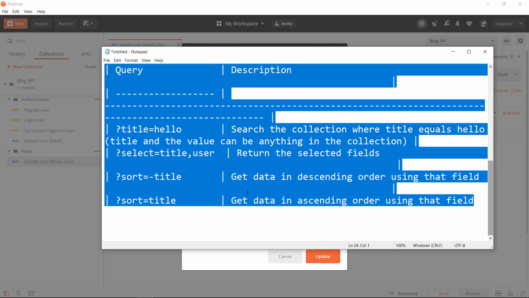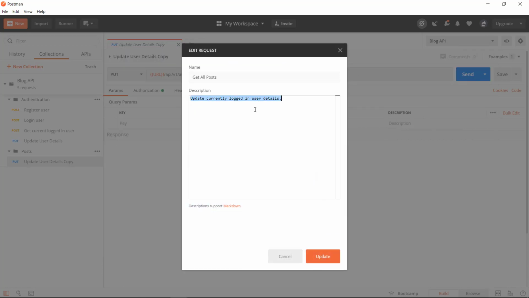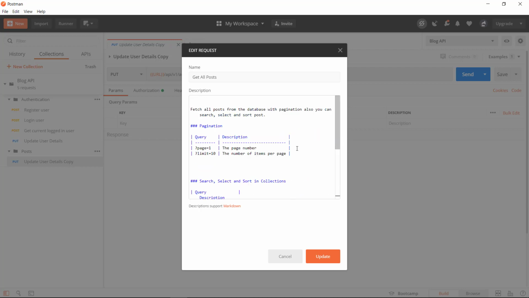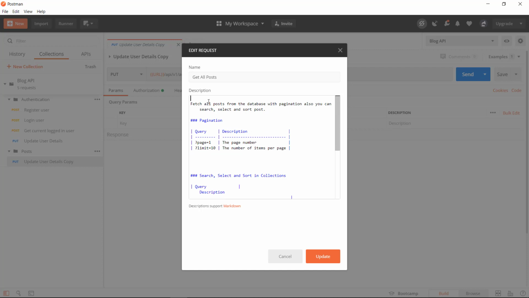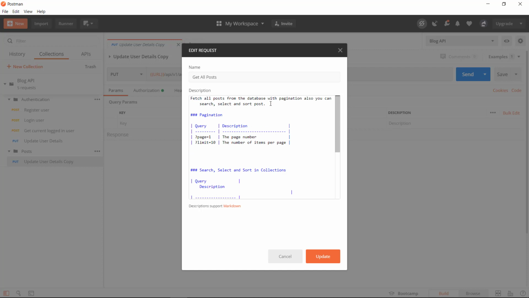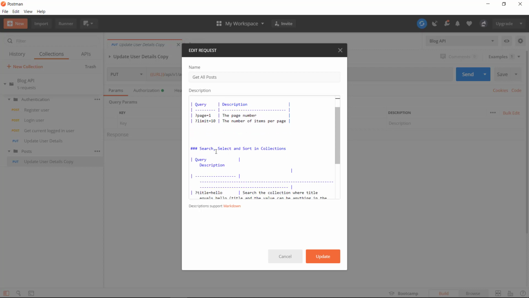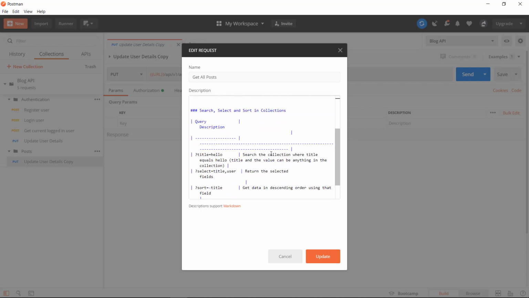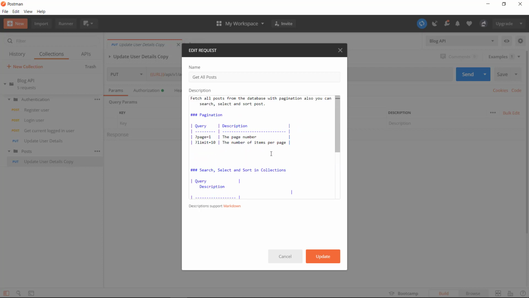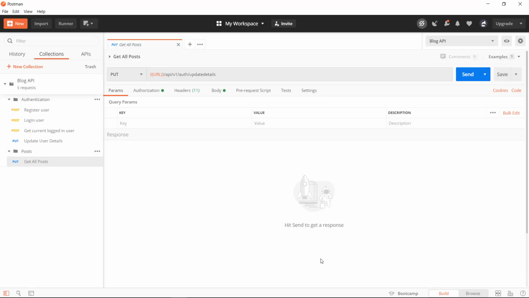I'll copy this and come here and paste it. This is a markdown for a table. This is like heading 3, and let's move this. It's saying fetch all posts from the database with pagination. Also you can select as well. We can see this one too for search, select, sort, and collection, query, and stuff like that. So now let's click on update. We have to change this one to a get variable, right? So when we press send now,